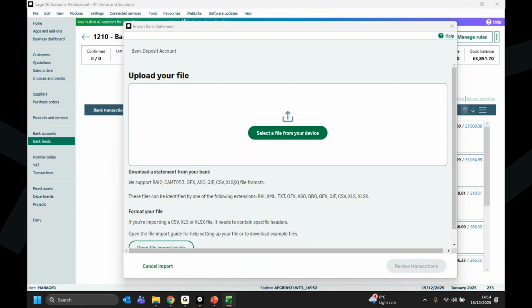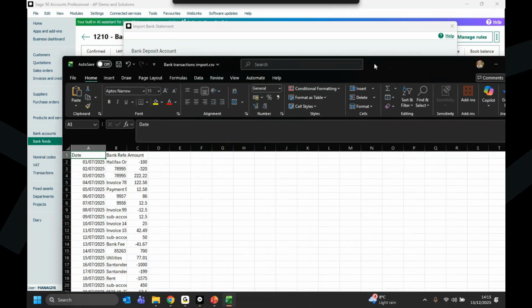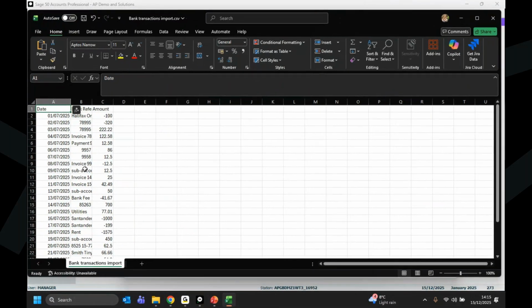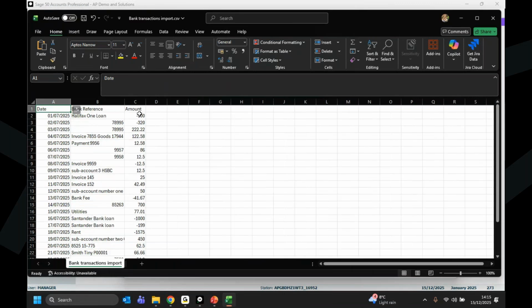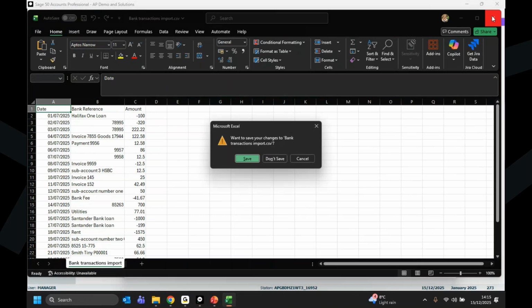Now, some of you may be used to importing transactions into the software, so it could be like sales invoices and things like that. The import process is slightly different for this, and the file is not as detailed. As you can see, just dragging this over here, we've got the date, we've got the banking reference, and then we've got the amount. Some have got negative if they are negative, money going out. So that's how quite simple the file looks that you're going to be importing. Again, it just depends on the format that you download from your bank. So if I just close that down,